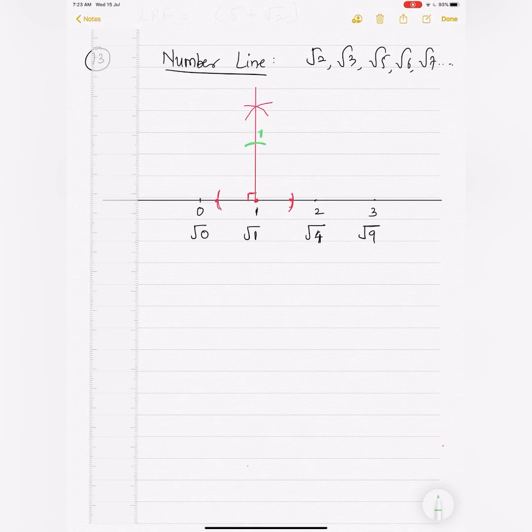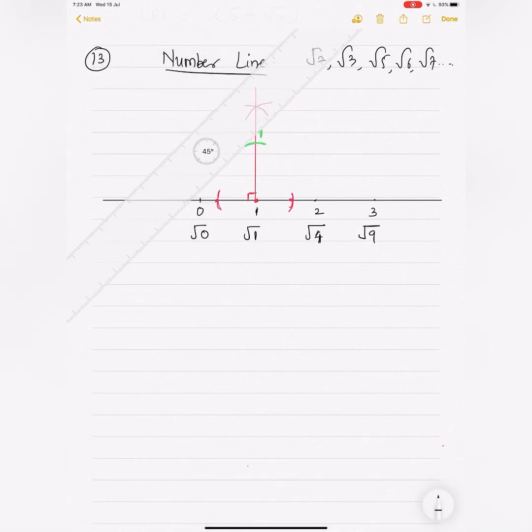Now, if you join this distance, see, if I join this line from 0 to that point 1, if I'm drawing that line, how much will that be? If I'm drawing this line 0 to 1, this will also be equal to what? 1? No, just join this first, I'll tell you how much it is. So we'll join this. Now, when you join this distance, this hypotenuse will be equal to root 2. How can we be so sure that it is root 2?